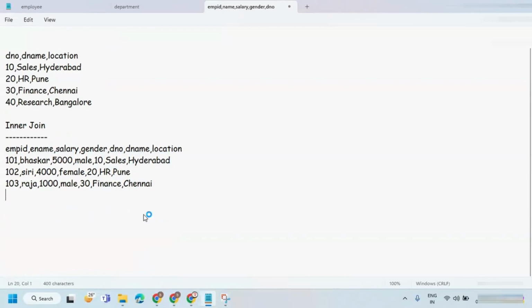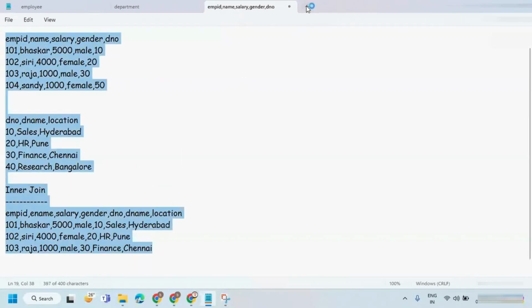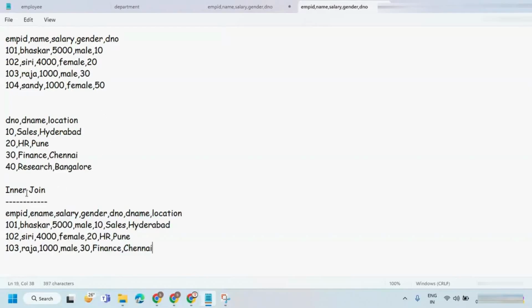I'll do one thing. Let's add one more tab. With left join, all the matching records you are going to get, apart from the matching.